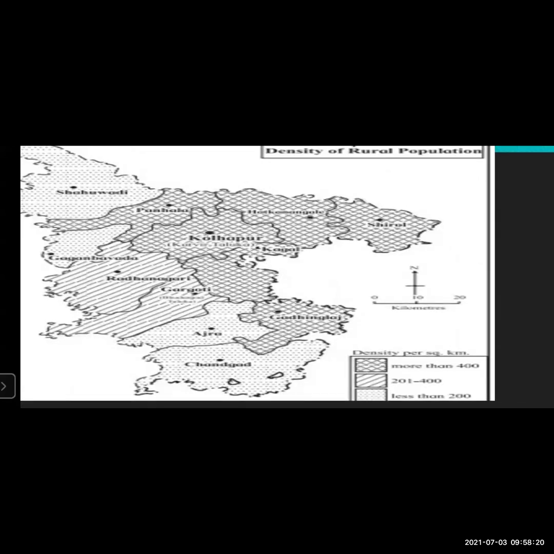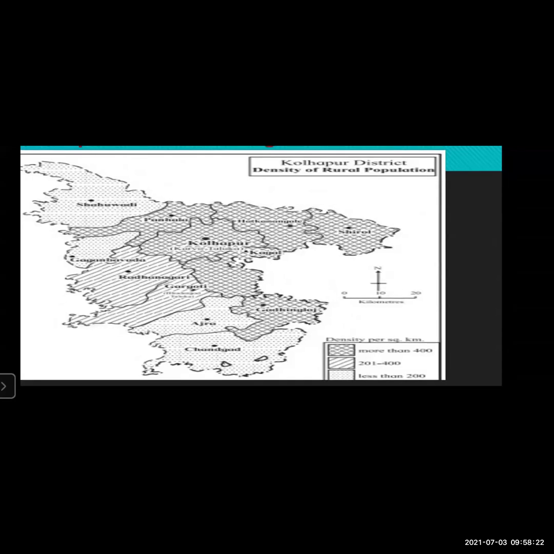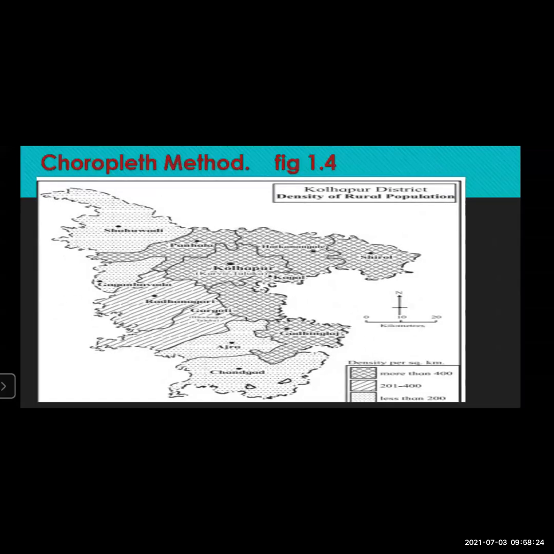Let's see the total map once again. It is a little in the north and a little in the east. See, it is not going anywhere in the west side. It is a little in the north and a little in the east. It is also not in the south. So what will your answer be? Eastern and northeastern direction. So your answer will be eastern and northeastern direction.